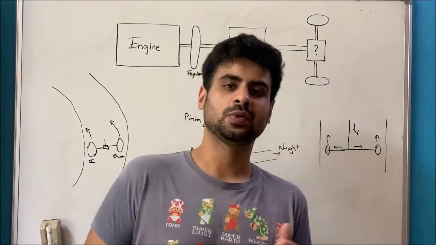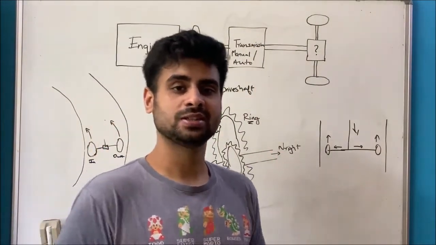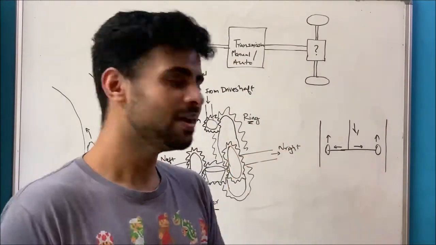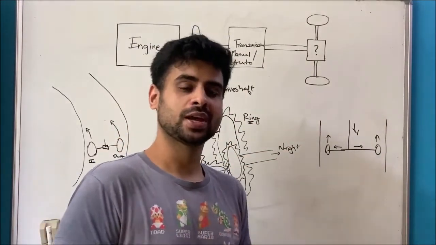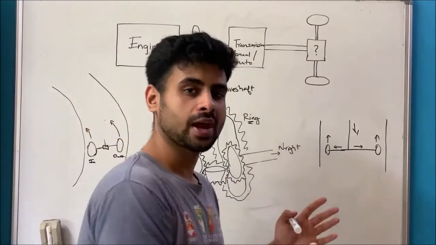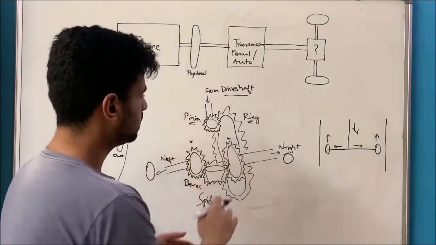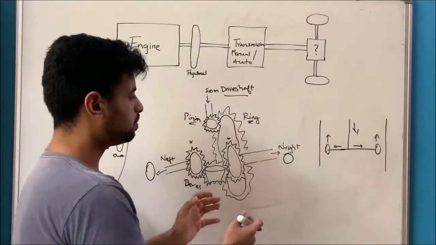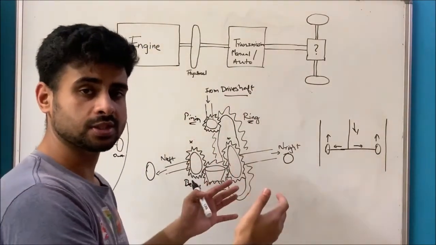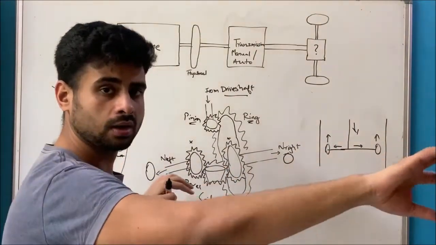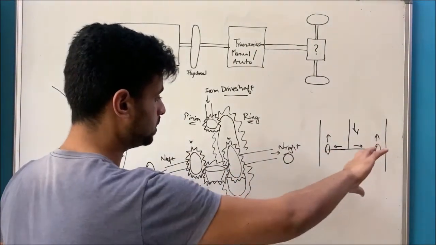So then how does it work? Obviously this is not a 3D animation, this is a 2D whiteboard, so I'm going to need you to use your imagination a little bit, but we're going to do the best we can by introducing our characters here. The pinion gear brings in the power from the drive shaft. The ring gear accepts the entire power onto the differential system. The bevel gears on both sides take away power, transfer the power onto their wheels.